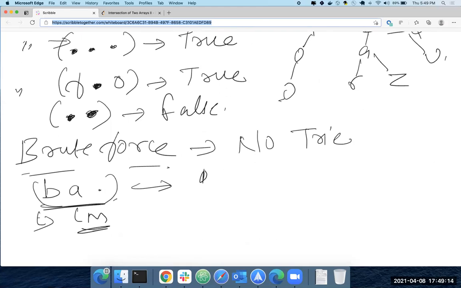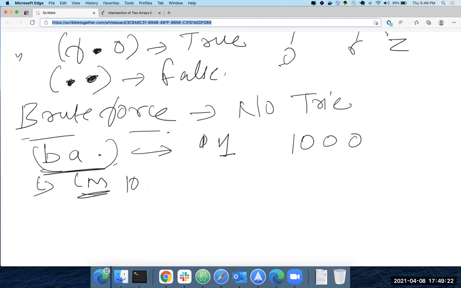Let's say this length is 10, and there's a word which is either 1000 or let's say just 1. How much will you check? For 1, you're only checking the first character. What if it is 1,000? 10 characters, yeah.